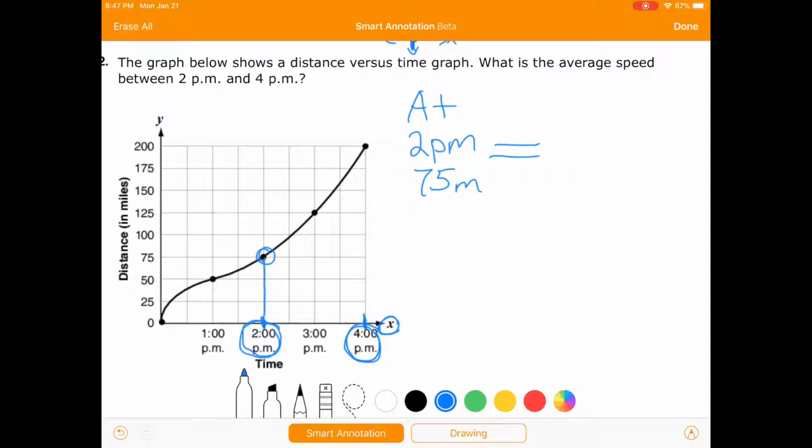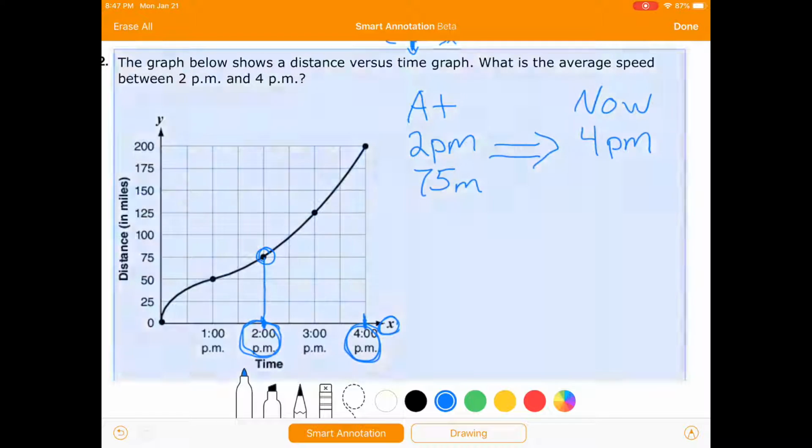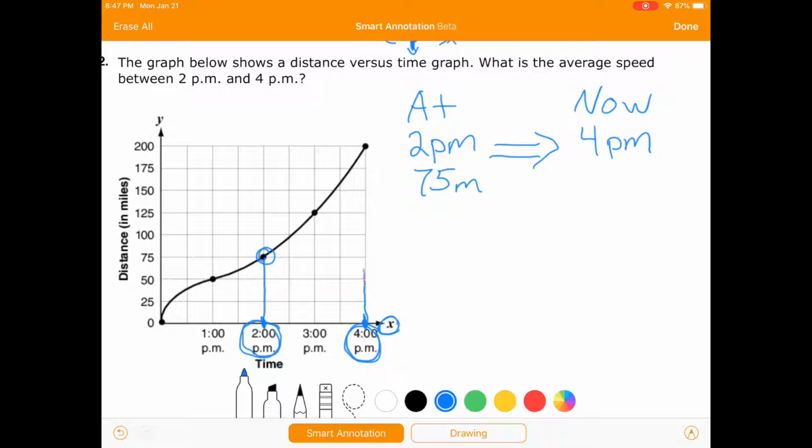Now, I'm going to have some time that passes, and now it's 4 p.m. So right here, and we've gone 200 miles. So in between, our x values have gone from 2 to 4. So 2 hours